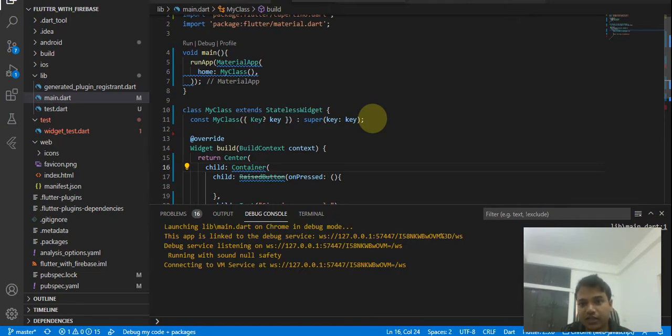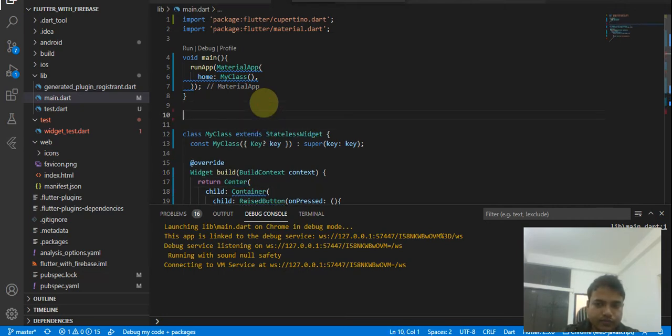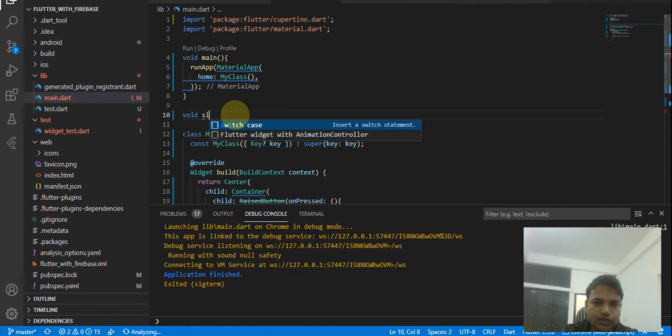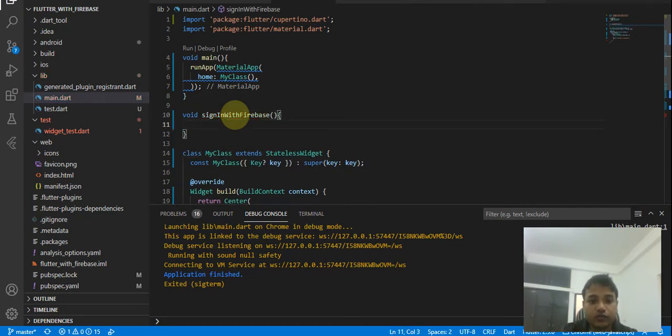Let the user sign in once the user clicks on it. So what we have to do is write a function here. So let's start writing a function for Firebase. Let's go void signIn. And what we have to do first is create a Firebase instance, a Firebase Auth instance.